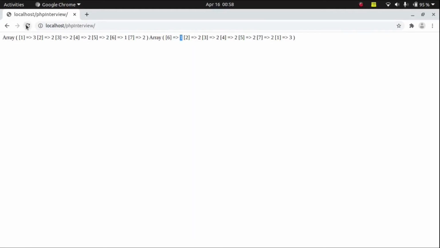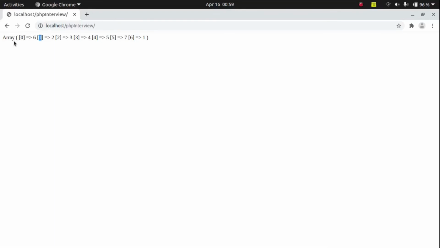Now let's run this code, and as you can see we get number 6 at the 0th position. So now the array you have got is the index array. How to identify the difference between an index array and an associative array? In an associative array, the key can be anything, but in an index array, we have an index for each element. The first element always has index 0, and as entries increase, the index number keeps increasing. So this is the index array.